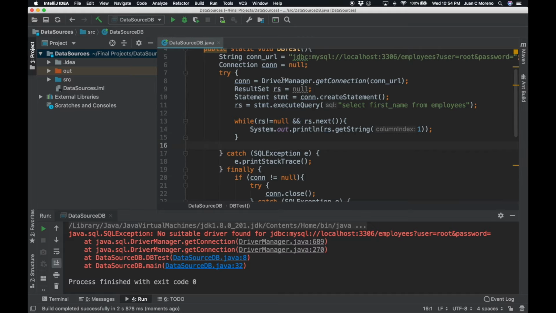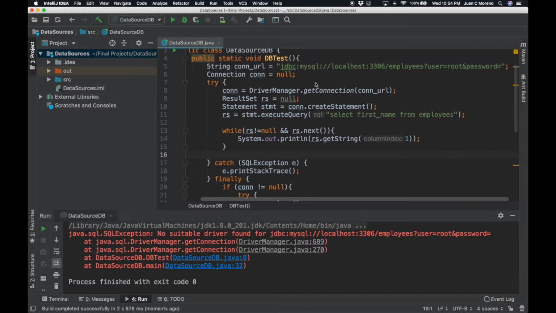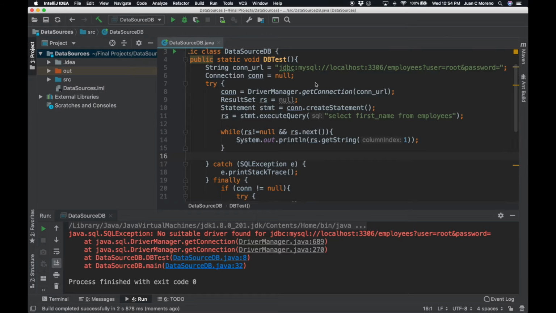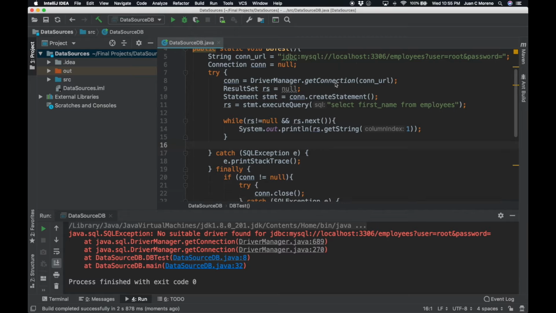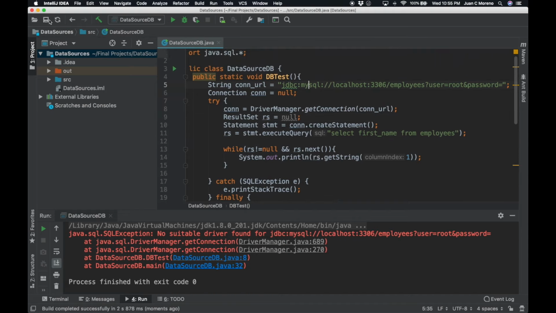Well, the driver manager is the one that is in charge of looking around and interpreting the URL, understanding how we're going to connect to the database, and giving us a proper driver that mimics all these classes. So how are we going to get it? Well, the very simplest way in